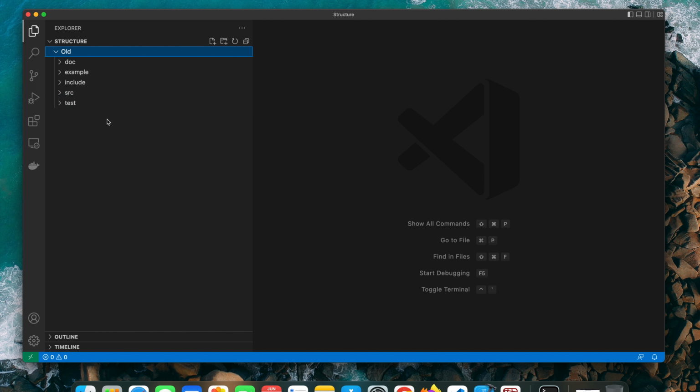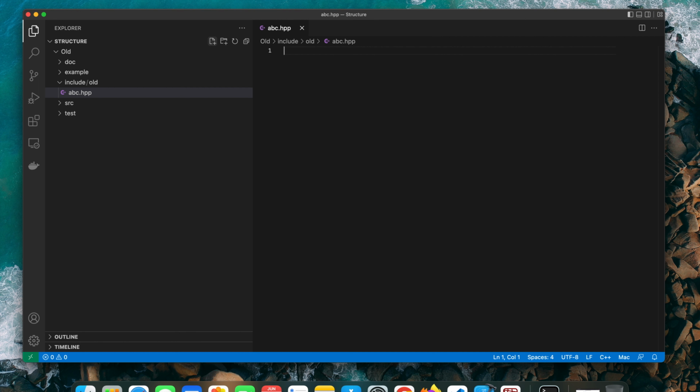So this is a little bit older way of doing things, in which we have 2 separate directories of source and include. Now the problem with this is, again, in the include you need to have a folder which is exactly the same as your project name. And then in this folder you will have your header file. So basically this is just for the include paths, because when you're providing the paths to your source file, they should have